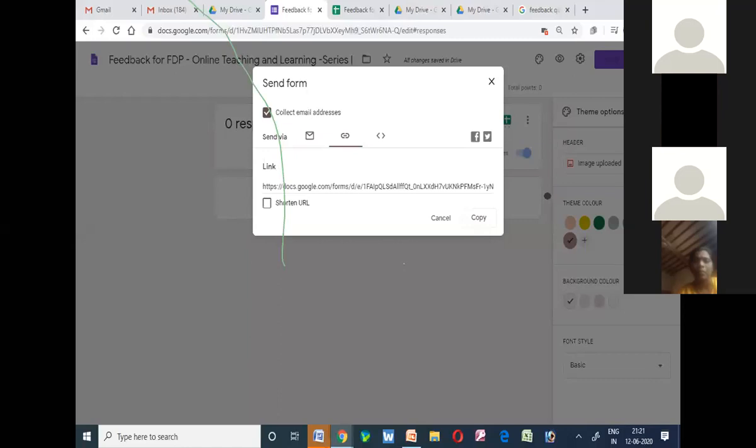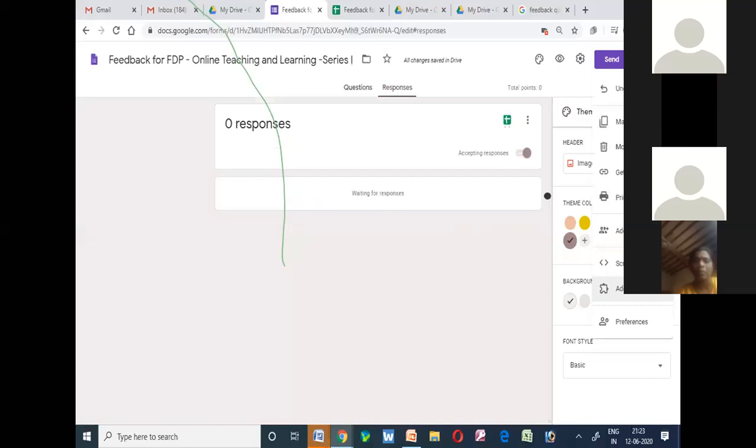This is how people are doing it now. So you have to select the second option, which is going to give you a link. This link will be a very big one. Instead of that, you can choose the shorten URL. It is going to give you a shortened URL of the Google form which you have created. So just copy this link and you can post it in WhatsApp, or you can share it to the email IDs of your friends and colleagues.